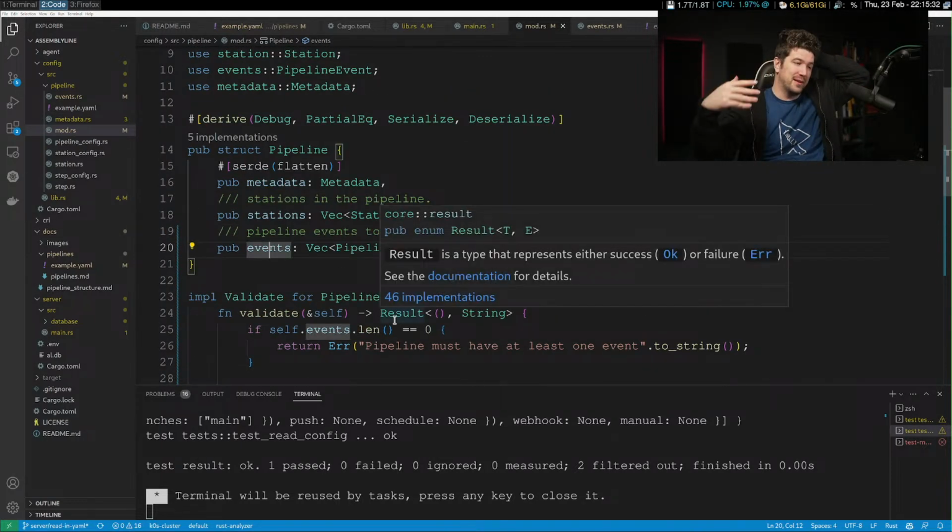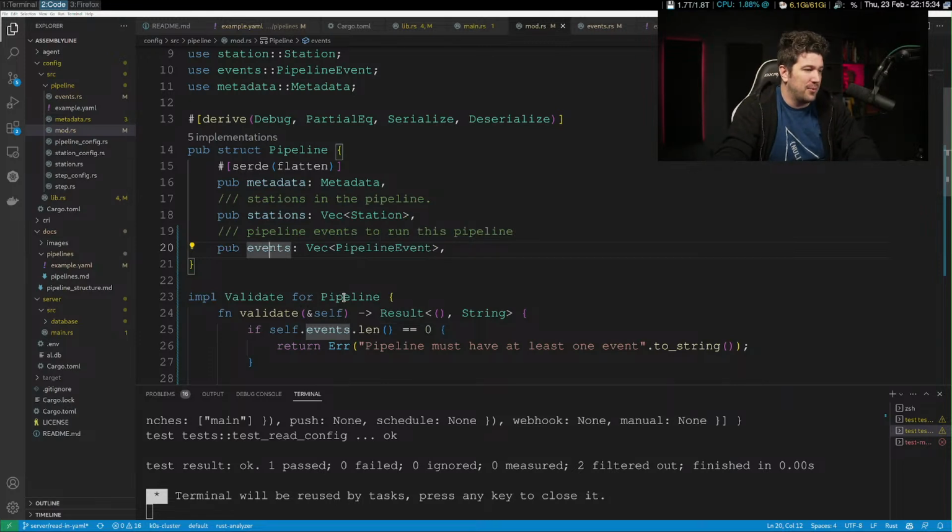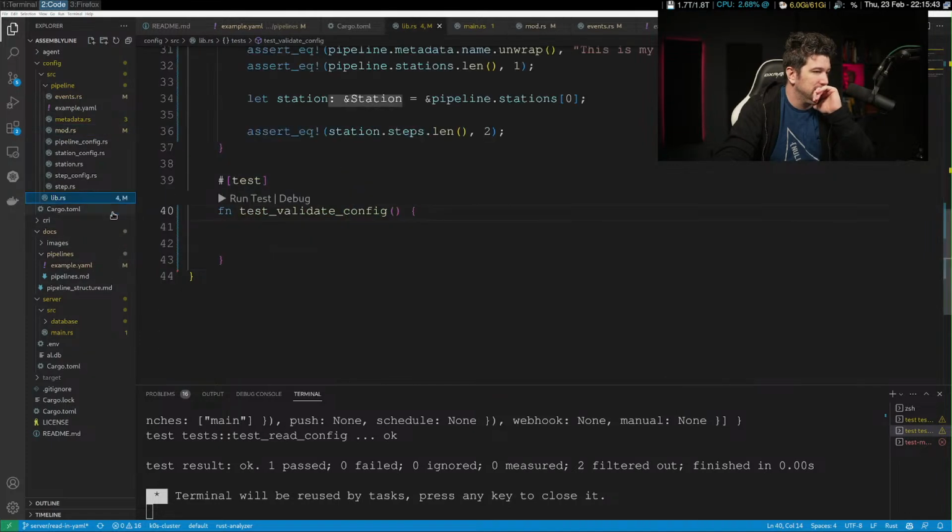There we go. This is really rough, and then we can implement it for stations and events, and those can go and validate themselves. It makes it so you can validate any one of the parts.